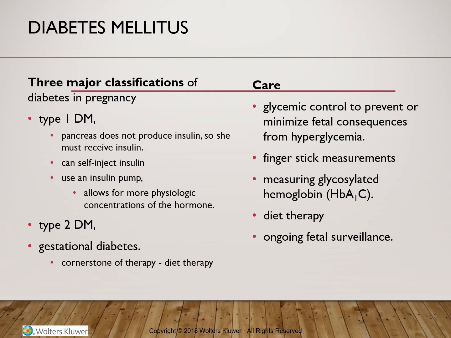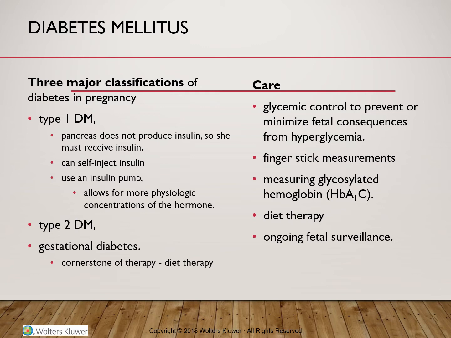So how do we do this screening? The screening is done at approximately 24 to 28 weeks of pregnancy. However, some of the healthcare providers may screen as early as 20 weeks if we have someone that is in a risk group. So if the woman had a prior history of gestational diabetes, the screening will start even at the first prenatal visit. The diagnosis of gestational diabetes is based on the results of an oral glucose tolerance test, also called the glucose challenge test.